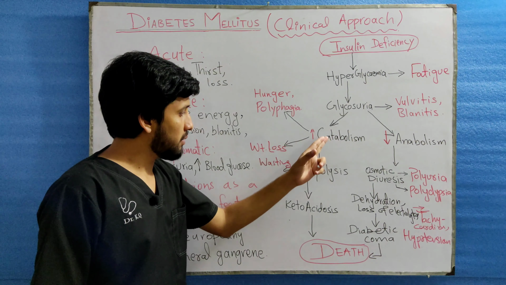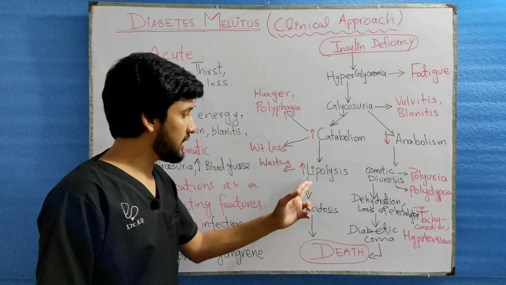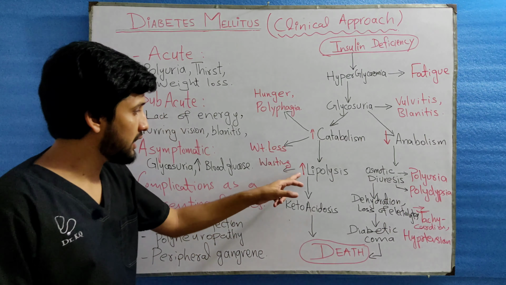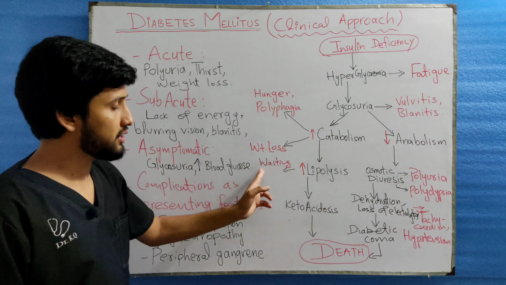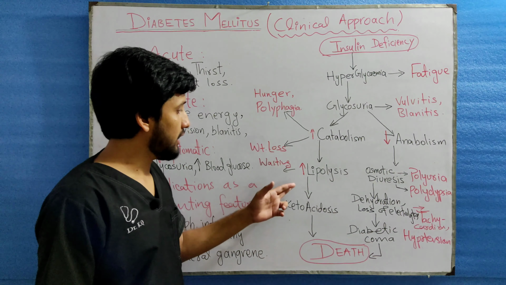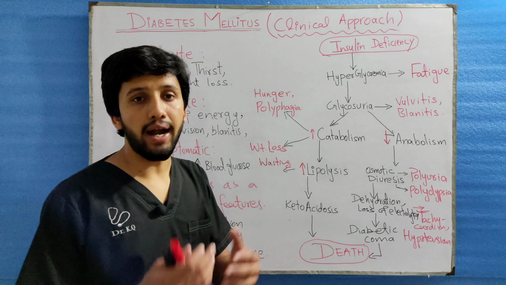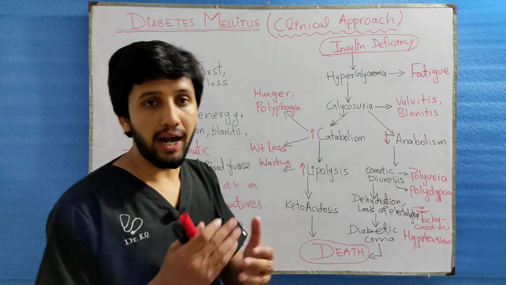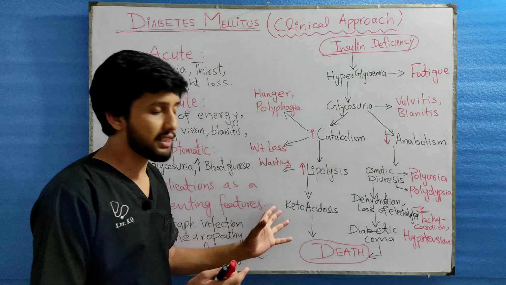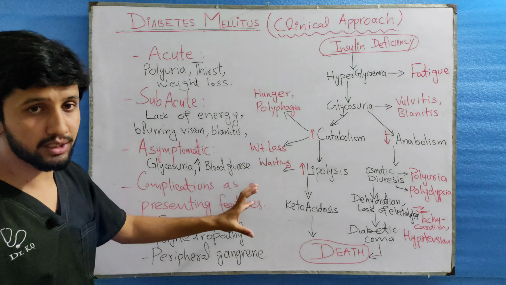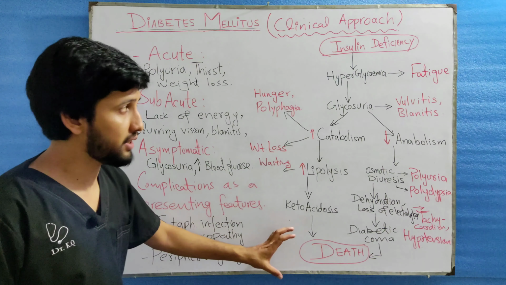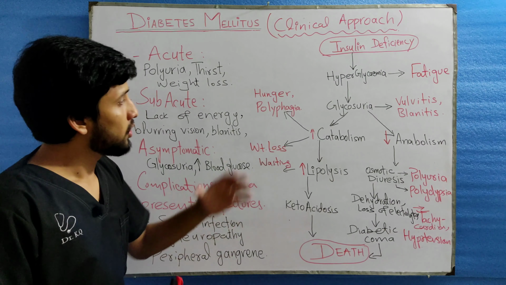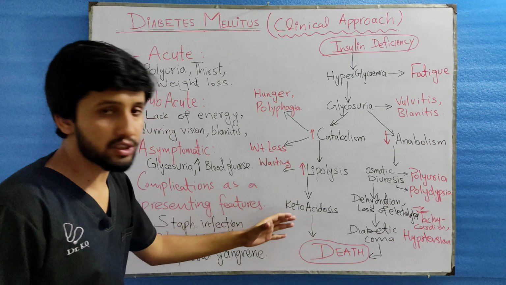This increased catabolism is further leading to increased lipolysis, which is the breakdown of lipids. So this increased lipolysis will result in wasting of the body and increased free fatty acids in the plasma and oxidation in the liver. This increased free fatty acid in plasma and liver will lead to ketoacidosis, which is a condition of emergency and which will lead to death of the patient when there is extreme hyperglycemia. So this is all about the catabolism involved.